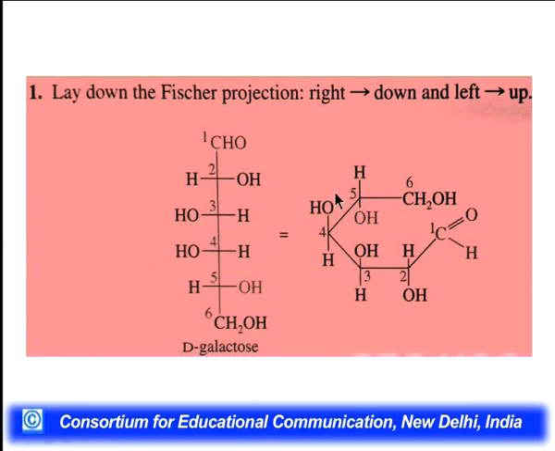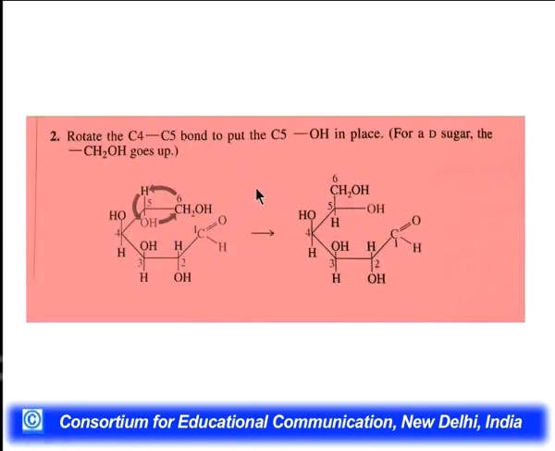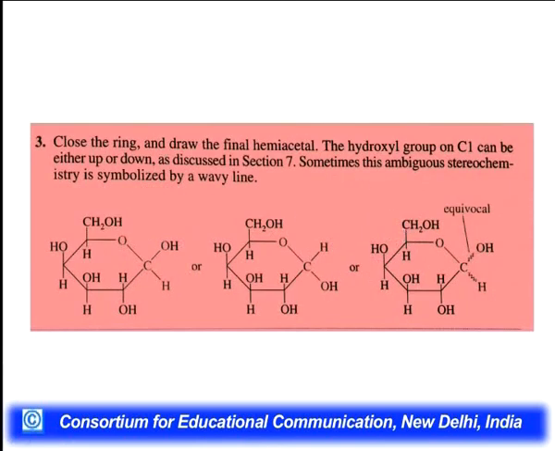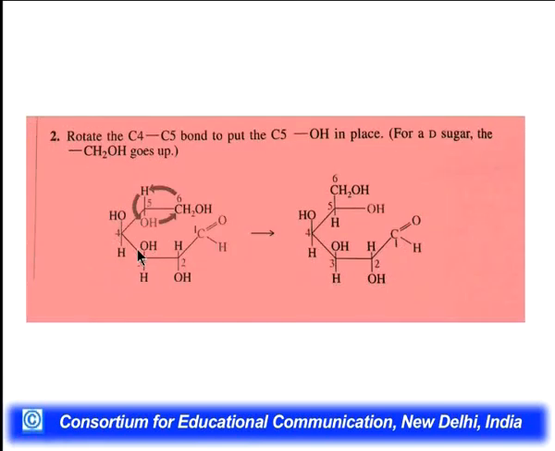Now we will twist this bond, that is C4 and C5, so that OH faces this carbon, and now this O can form a bond with this carbon either from the top or from the bottom, since this group is planar. Then we will close the ring from this oxygen: this hydrogen will make a bond with this oxygen here, and this oxygen will make a bond with this carbon, and we will close the ring, resulting in the formation of the pyranose.